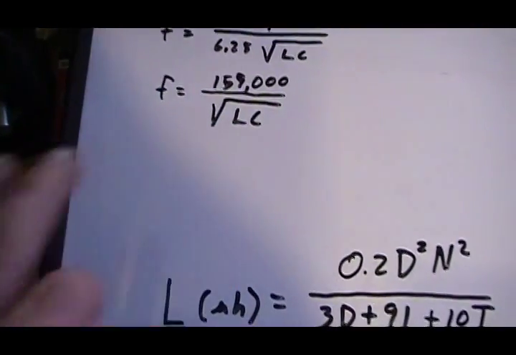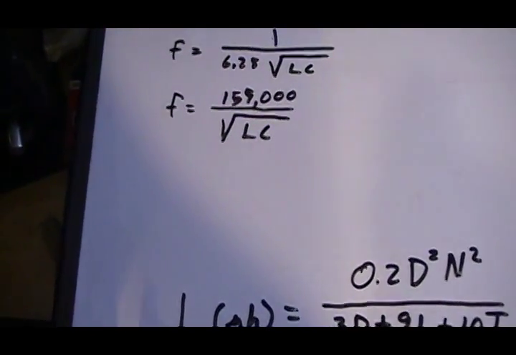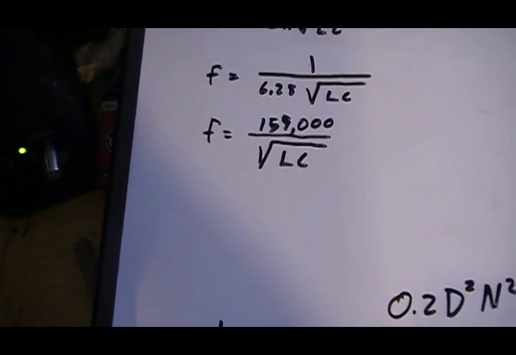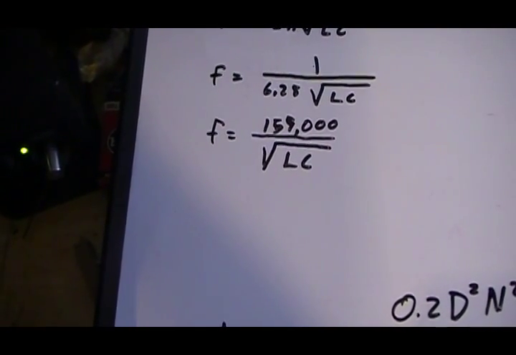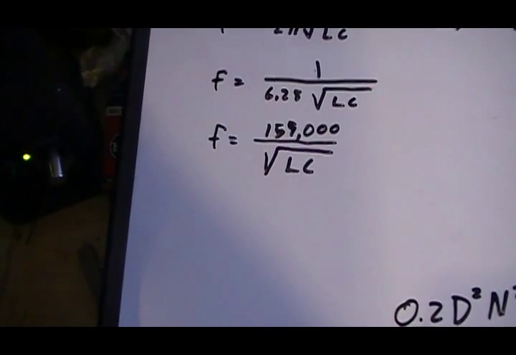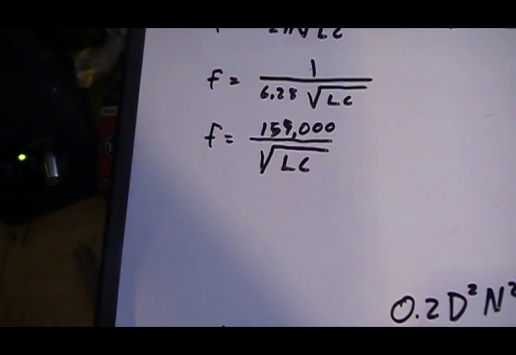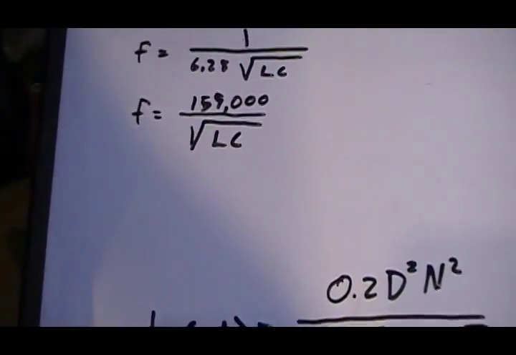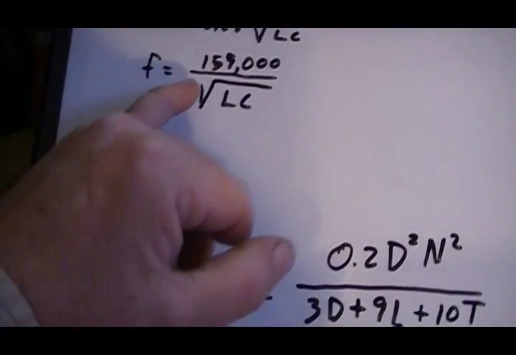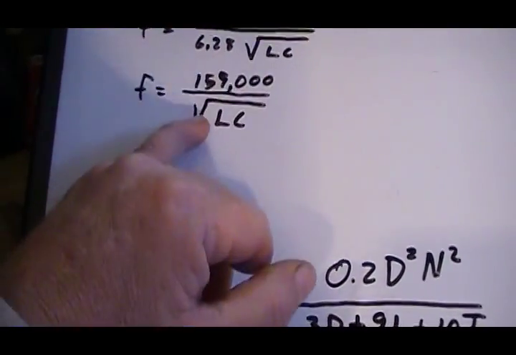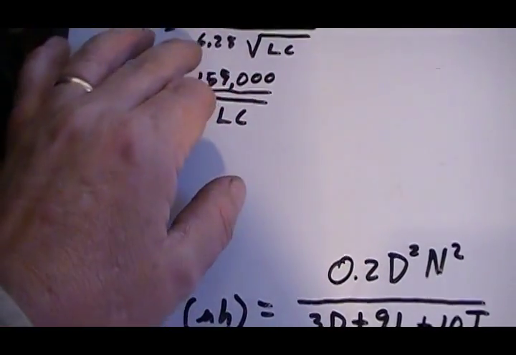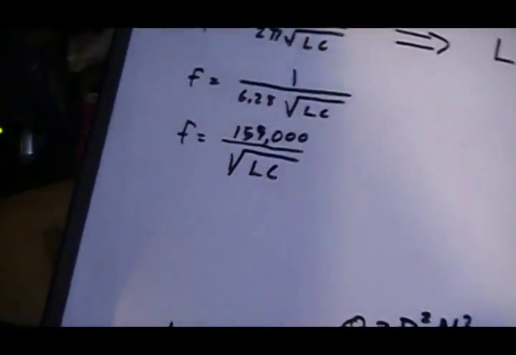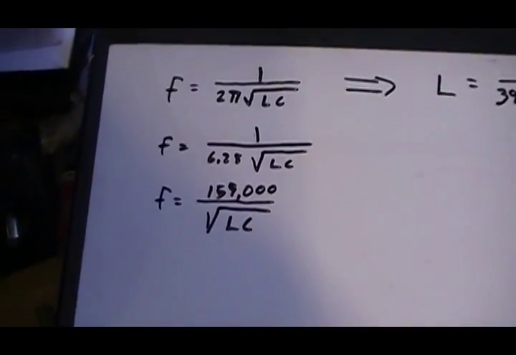The 1 million comes from the fact that now I've gone from henries and farads and moved it to the micro range, which is 1/millionth of a henry and 1/millionth of a farad, which then increases the frequency by 1 million. Take that and divide the 6.28 into it, and you get this number. So you get rid of the 6.28 and you get this number. You can even take it further if you want. You can just play with the numbers, but